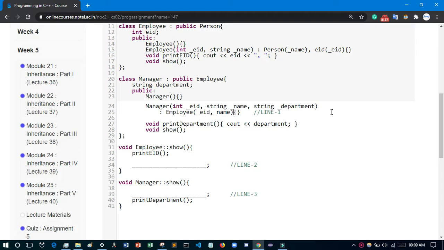And then in the department we will pass the department,